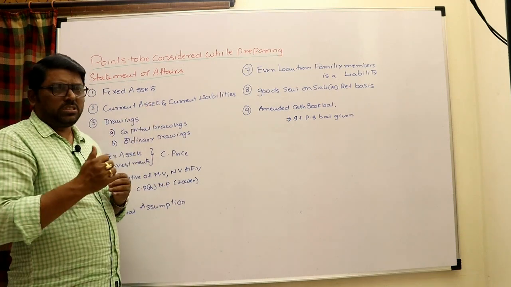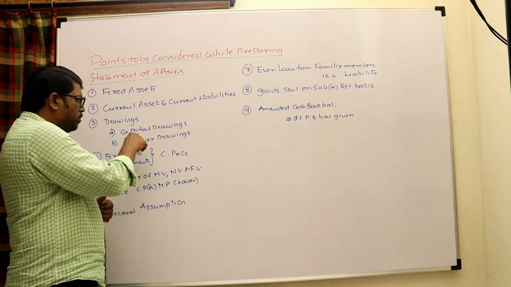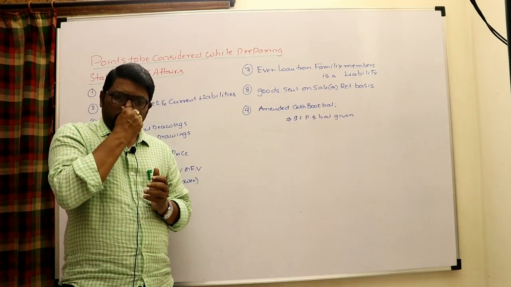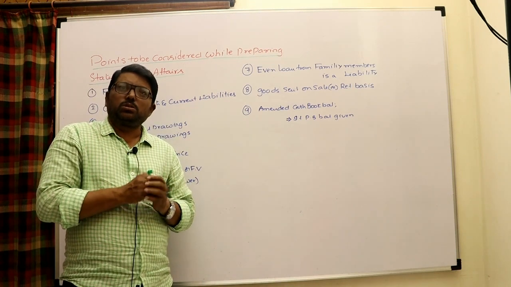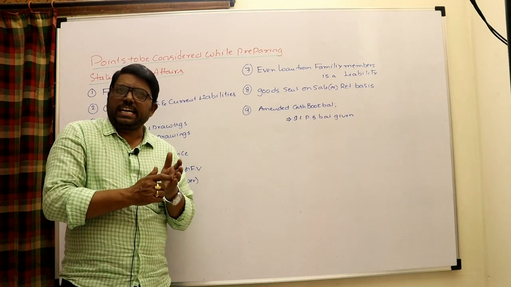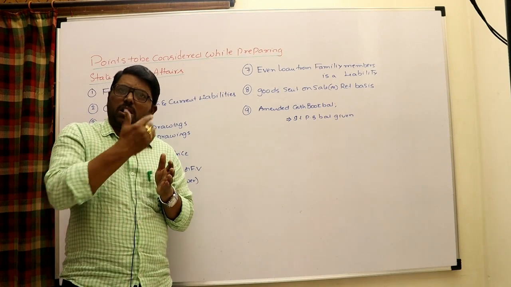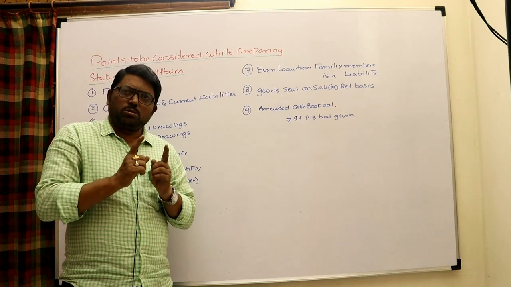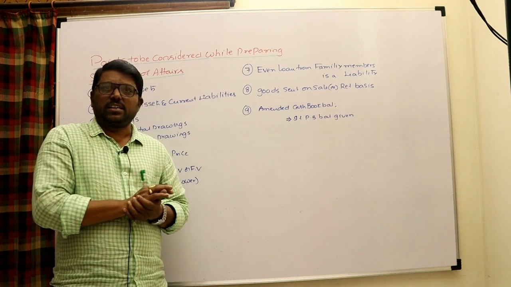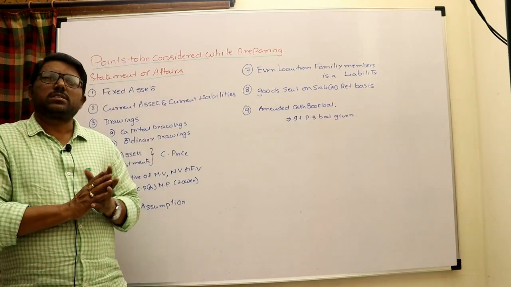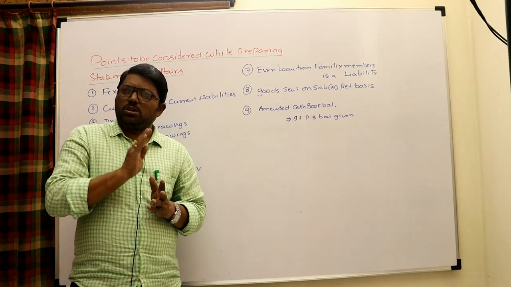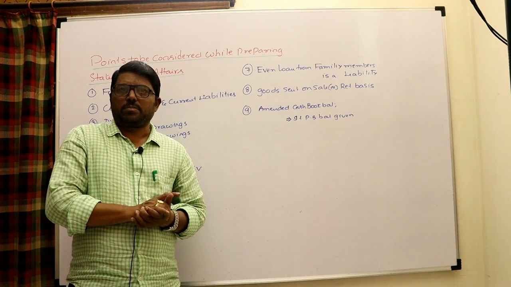Third one, drawings. If any drawings are given, you should be very clear about capital drawings and ordinary drawings. Say, for example, 10 lakhs capital is there and 20,000 drawings. You may have a doubt whether to deduct the drawings, 10 lakhs minus 20,000, 9 lakh 80,000, and whether to calculate interest on capital on 10 lakhs or 9 lakh 80,000. You have to calculate only on 10 lakhs. Normal drawings should not be deducted from capital while calculating interest on capital. If interest on drawings is given, it should be calculated separately, but you need not subtract the drawings from capital while calculating interest on capital.